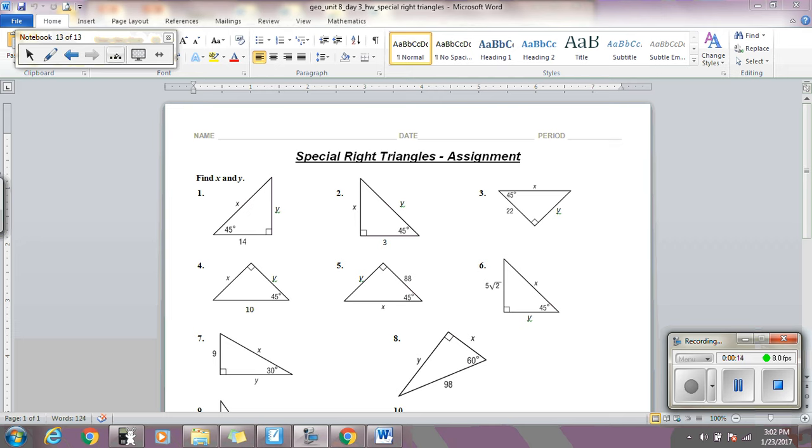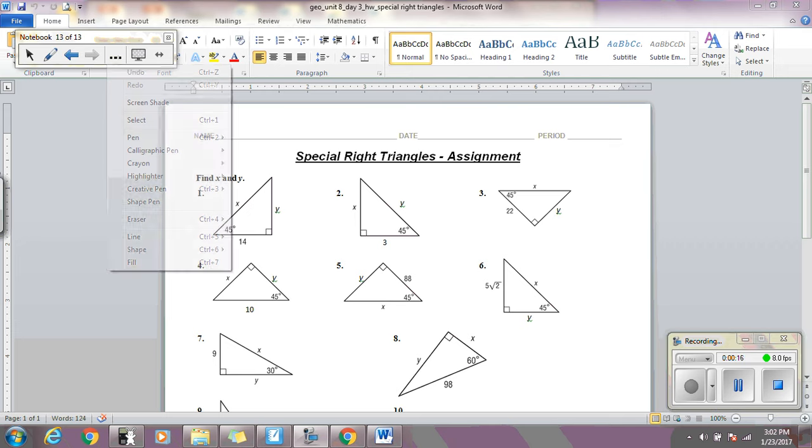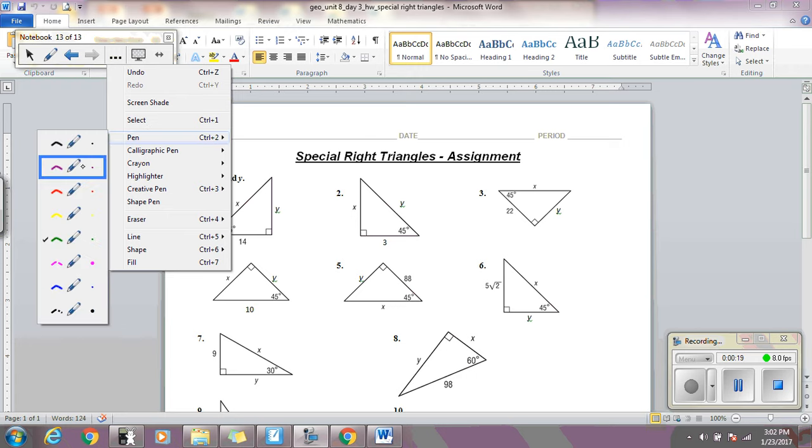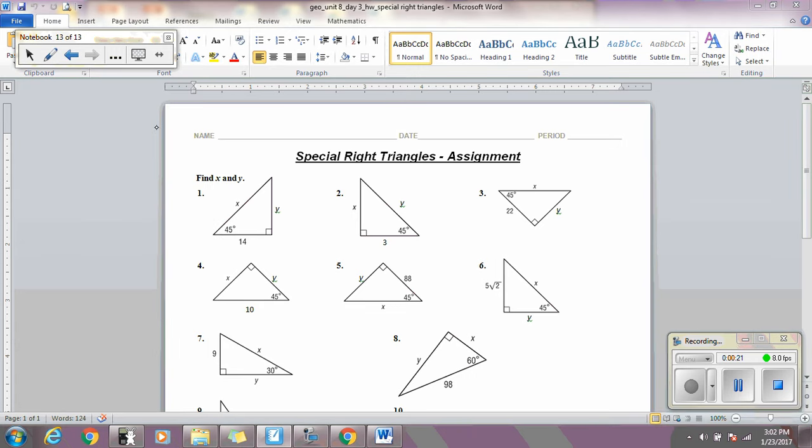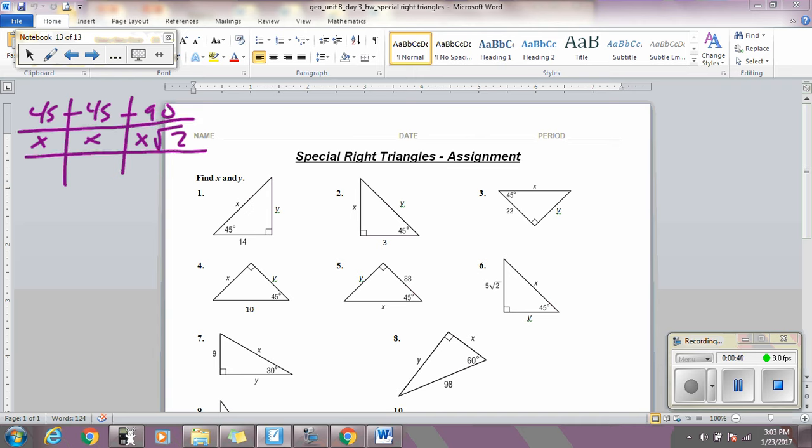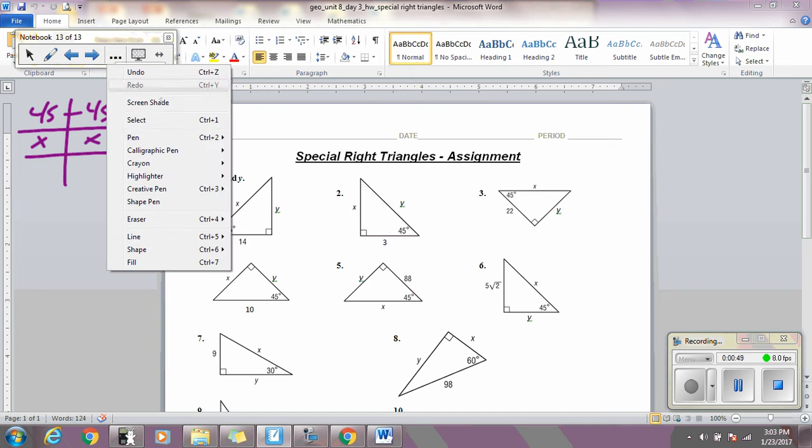So in this lesson, we talked about our special right triangles. For number 1, the special right triangle is 45, 45, 90. And on our formula chart, it says across from 45 is x, so there's two x's because there's two 45s. And across from 90 is x root 2. So always keep that formula in mind. So when I look at number 1,